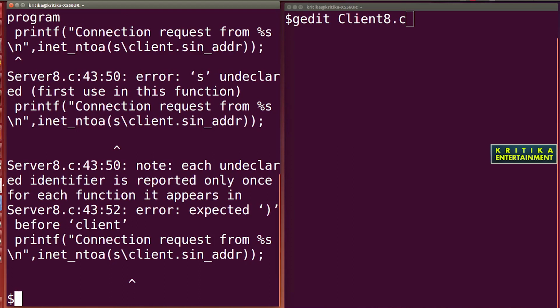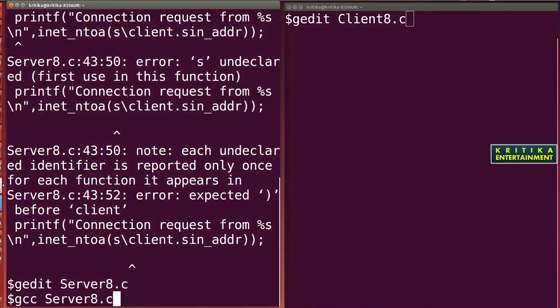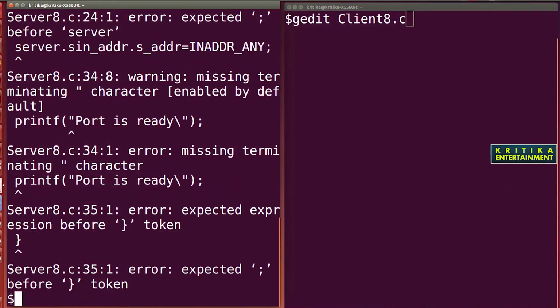So yes, you can find errors are there because I have written this wrongly. So here I'll go and check line 50. This is okay, 46. Not this, so it needs to be closed.